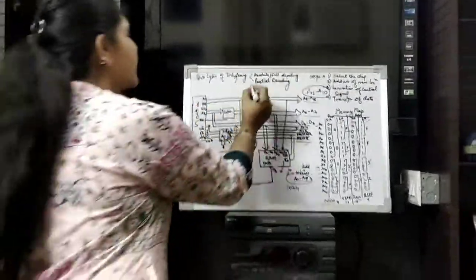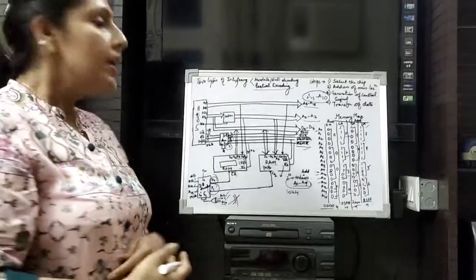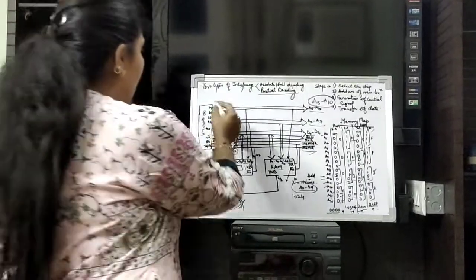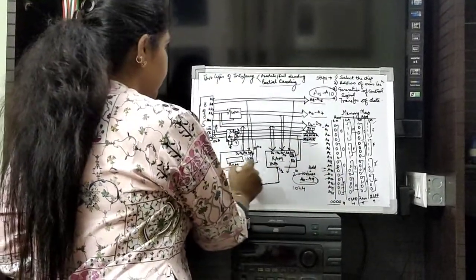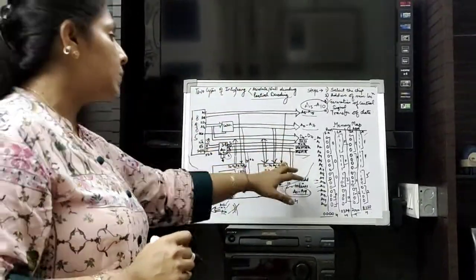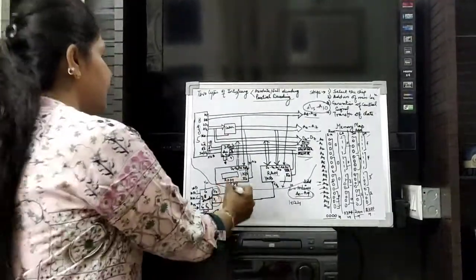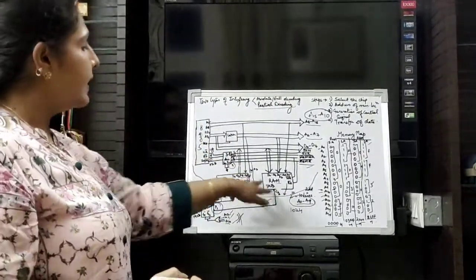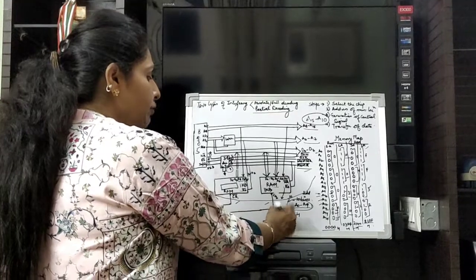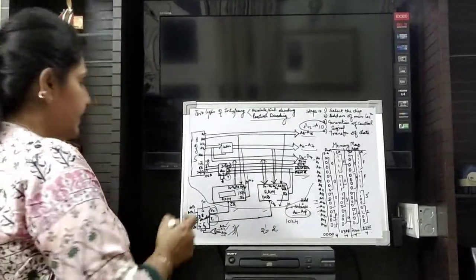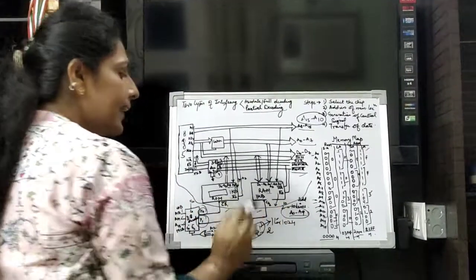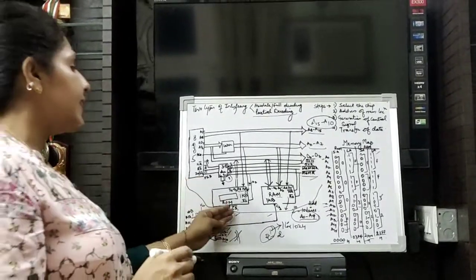Now the last concept is partial decoding. In partial decoding, we make use of the minimum number of address lines. Here all the data associated with the ROM and RAM, that is the address bus, the data bus, and the control signals, are the same, but chip selection is different. If we are dealing with 2 chips, 2 raised to power 1 is equal to 2 chips, so we need only one line. One address line can be used for addressing the chip select.